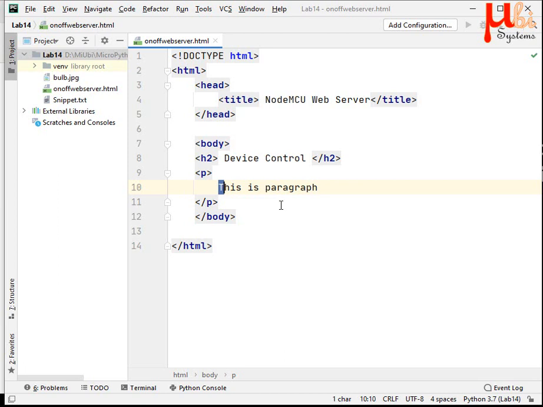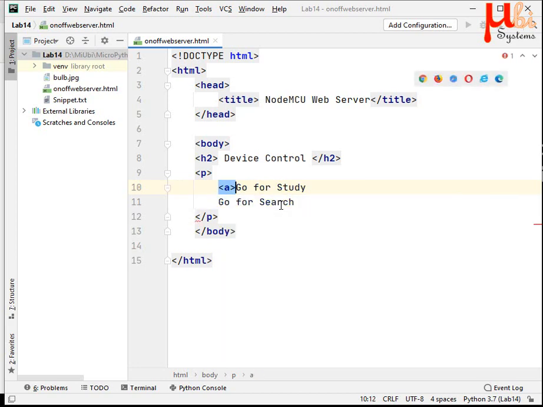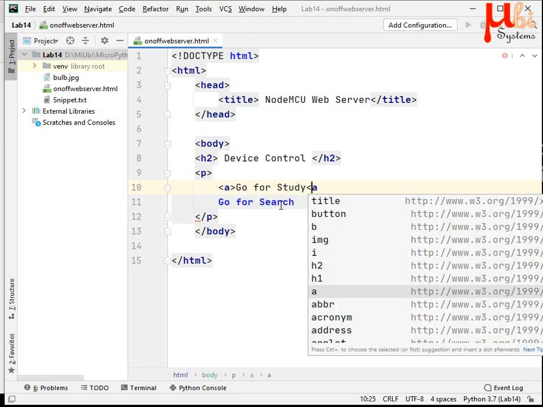So I want to write go for study, also go for search. Whenever I see go for study, if I click on it, it should be a hyperlink. It should go to google.com. So I can create something called an anchor. This is called the anchor element.